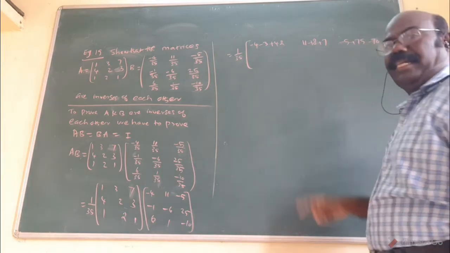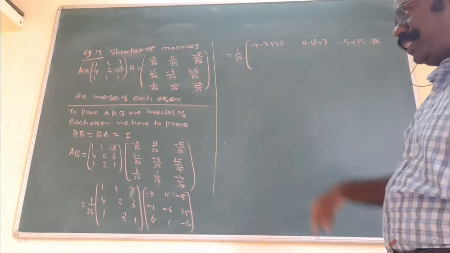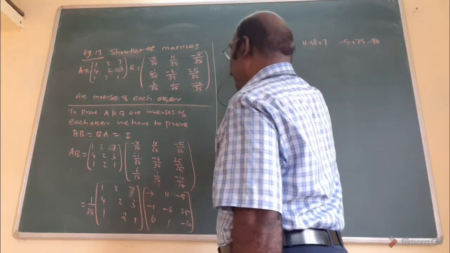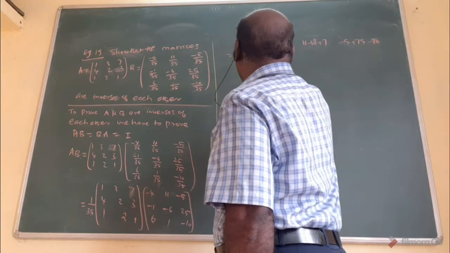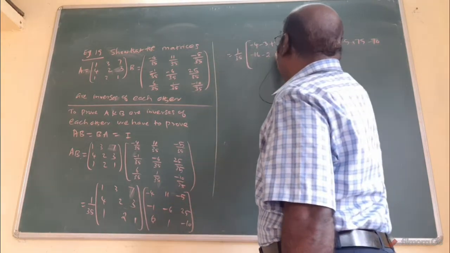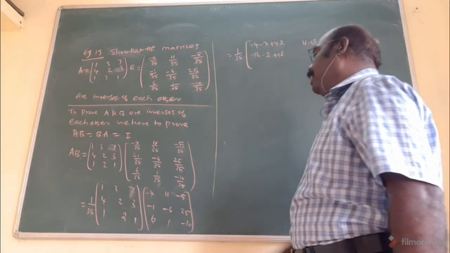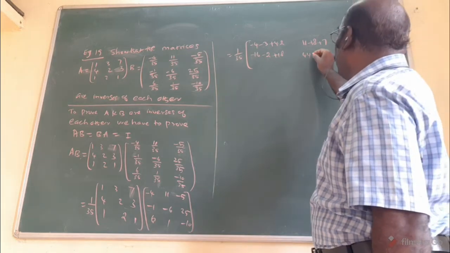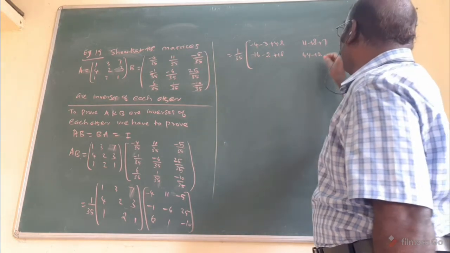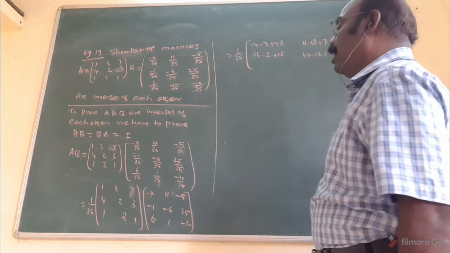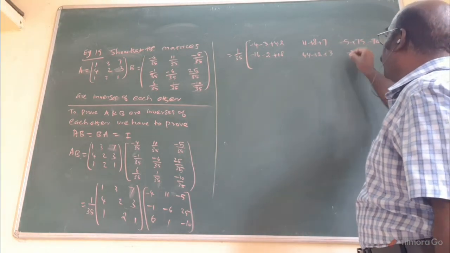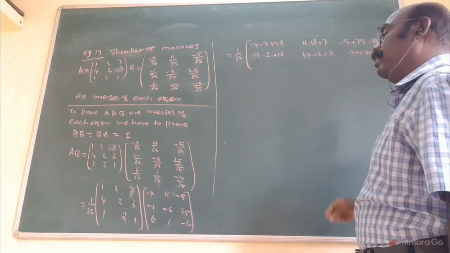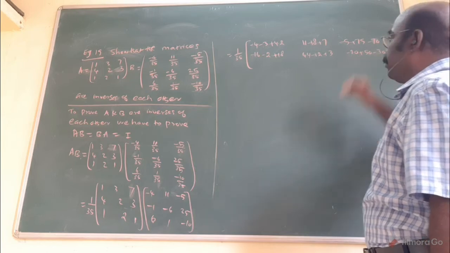First row with the first column, second column, third column over. Now second row with the first column. 4 into minus 4, minus 16. 2 into minus 1, minus 2. Then 3 into 6, 18. Next set. 4 into 11, 44. Next set. 2 into minus 6, that is minus 12. Last is 3 also 3. Last set. 4 into minus 5, minus 20. Then 2 into 25, that is 50. Last is what? 3 into minus 10, minus 13.